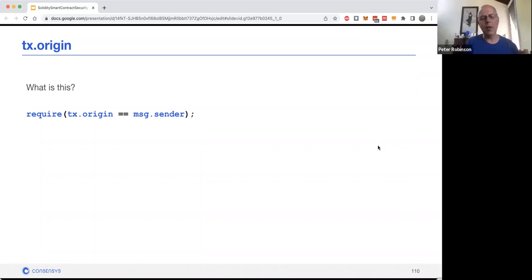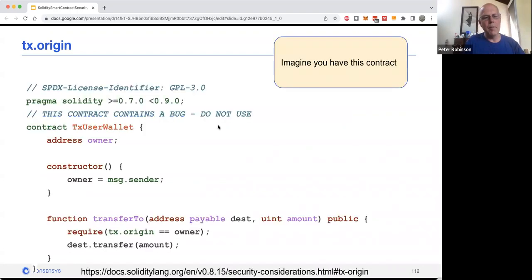Exactly right. So given the TX origin is going to be an EOA, that means that message sender is going to have to be an EOA as well, because there's no way of looping from a contract to an EOA. So that's essentially saying this must be an EOA. You can also imagine, though, you had this code where you had your transfer to, and you're saying, well, the